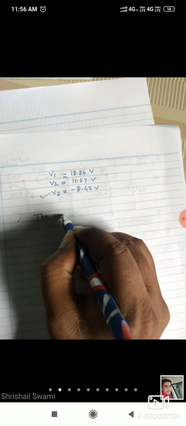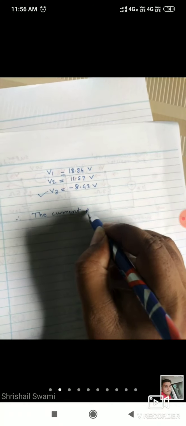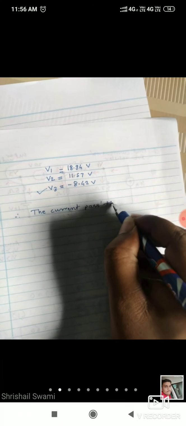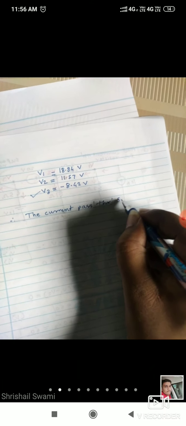Do you understand? So in the previous equation, what happened was V2 minus V3 is equal to 20. Okay, then the V1 term was missing. So what did I do? I have taken 0 into V1. Okay, so that it will be easy to fill the coefficients in calculator. Do you understand? So once you are getting V1, V2, V3, in which are we interested? V3. Do you understand? So why? Because the question is the current passing through 5 ohm resistor.